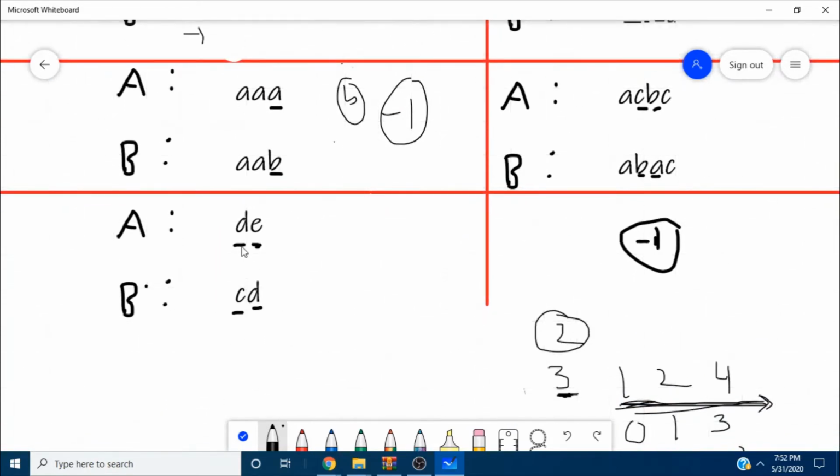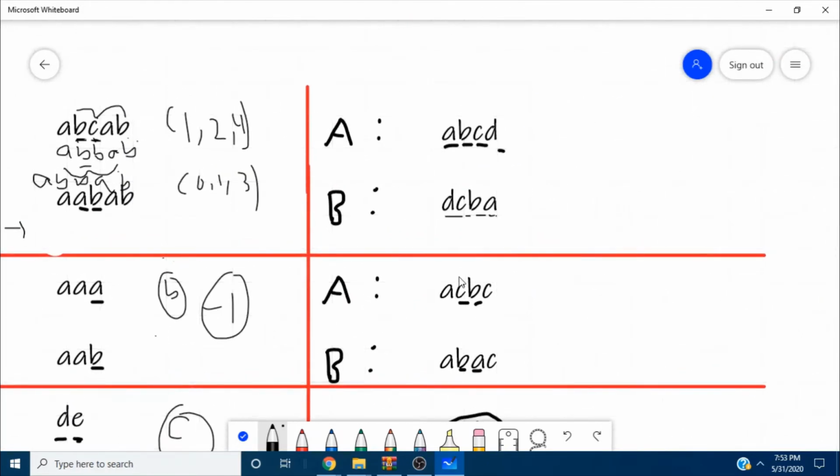Here also the differing characters are these, and we need to convert character D to character C. To do that, we need to choose a subsegment which contains C as the minimum character. Here in string A, there is no character C, so we can print -1 as mentioned above. Now let's see the next test case.